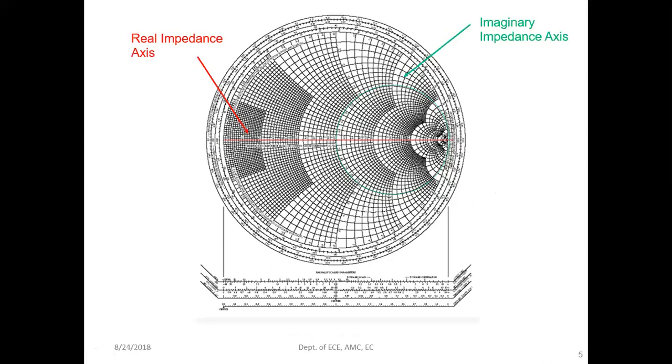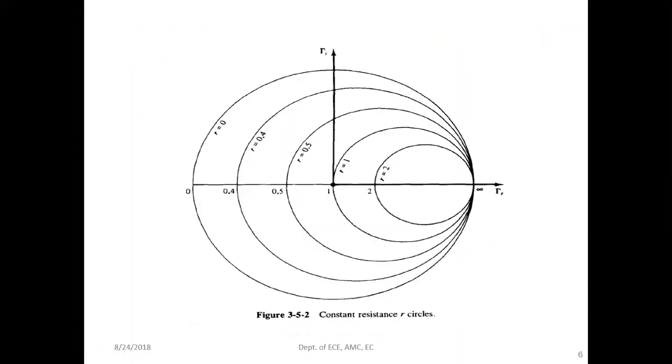First, understand what the circle actually is. In this Smith chart, you have the impedance axes: the real impedance axis and the imaginary impedance axis. Here you have constant circles. The values will be on the straight line which is given. It will not be given like R is equal to 2, R is equal to 1. On the chart, it will be written like 0.5, 1, 2 near those circles. So you have to understand those are the resistance values.